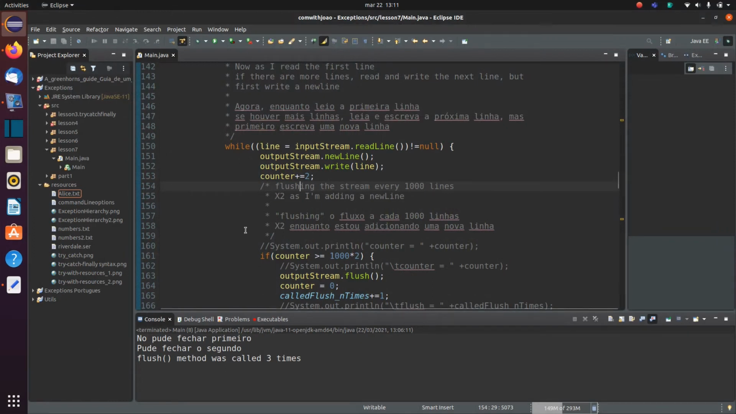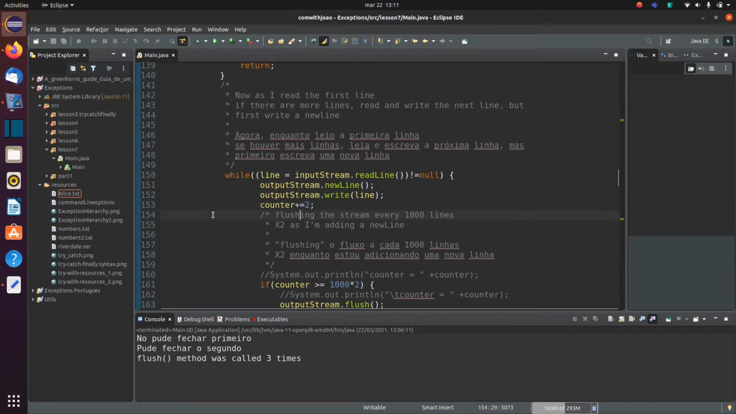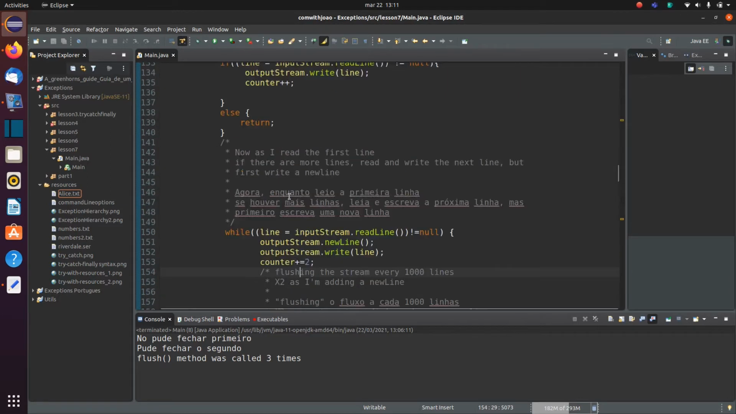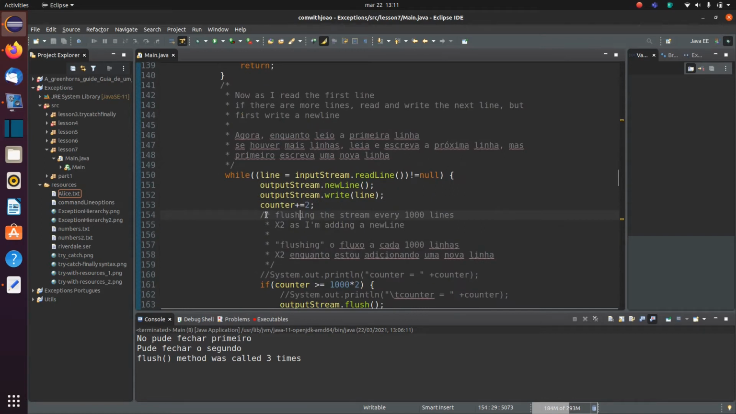Okay, carrying on from lesson 7. I want to show you something over here. If you look at this code here in test 2, I'm adding 2 to the counter, wrongly thinking that when I write the line and I call newLine first and then write the line, it's actually adding 2 lines, and that's not so, because the readLine there, if you go and read what readLine is, it says